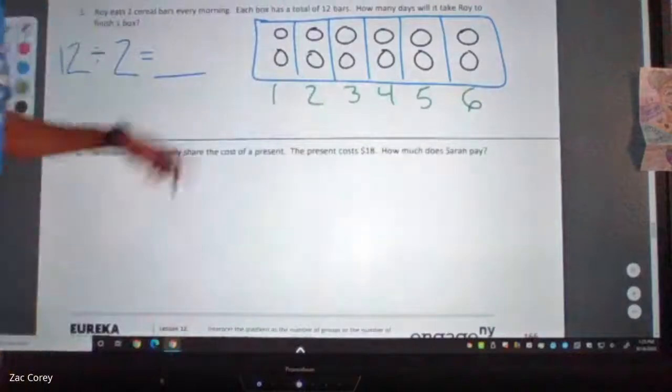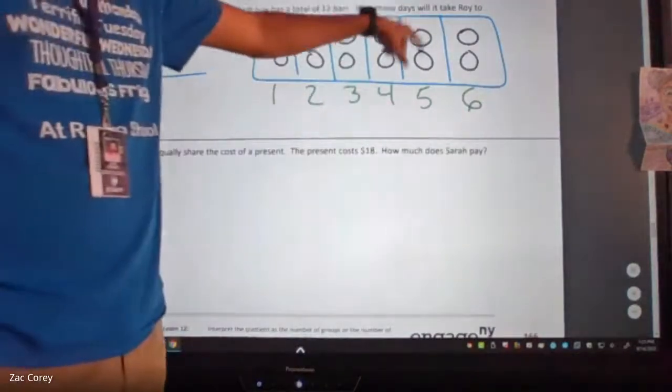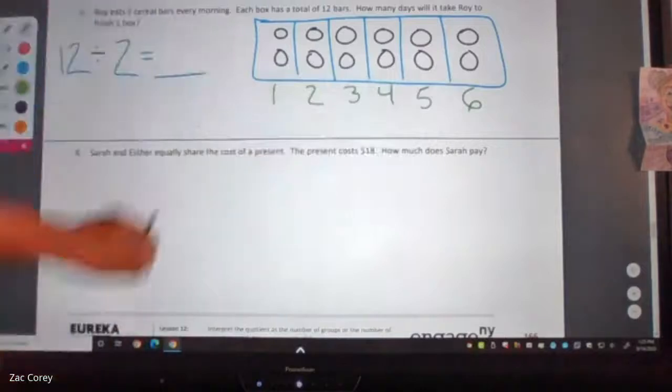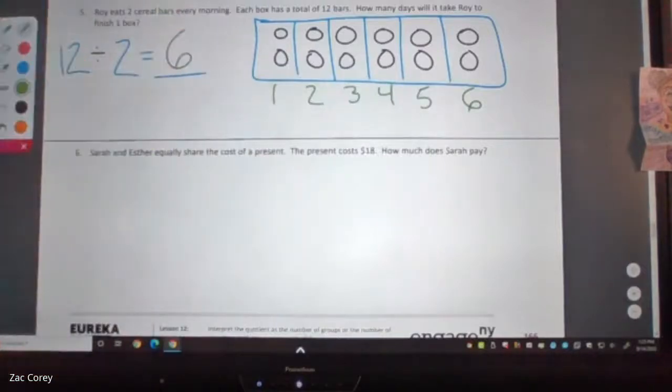Okay. So if he eats 2 cereal bars every day and he has a total of 12 cereal bars, that tells us it's going to take him 6 days to finish all those cereal bars. To check our answer, we can flip these numbers around and do multiplication. So let's try